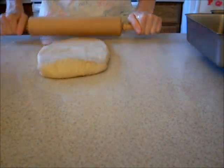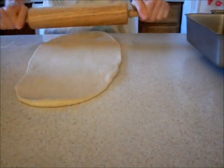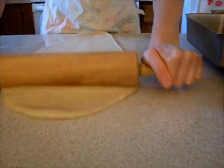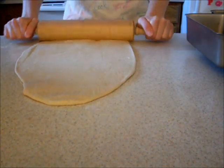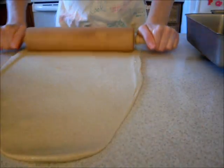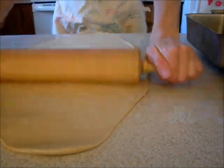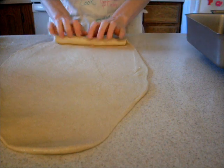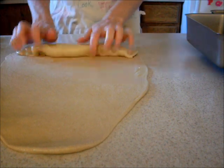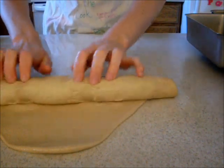You'll need to take a bit of dough and break it off. You don't want to pull and stretch those gluten bands, but break it off in a cutting type way, and then you'll need to roll it out. Now if you want to be precise, you can weigh it on a scale and then divide that by how many pans you need. I know that this recipe for my loaves is about 4 regular size loaf pans and